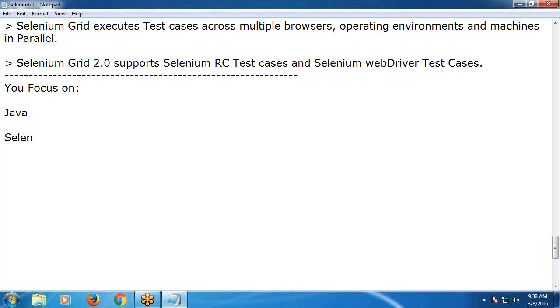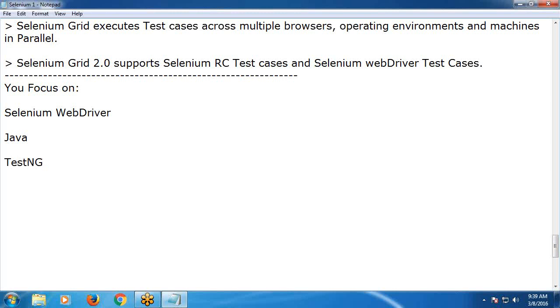Next, Selenium WebDriver. Next, Java programming. Selenium WebDriver, Java programming, and